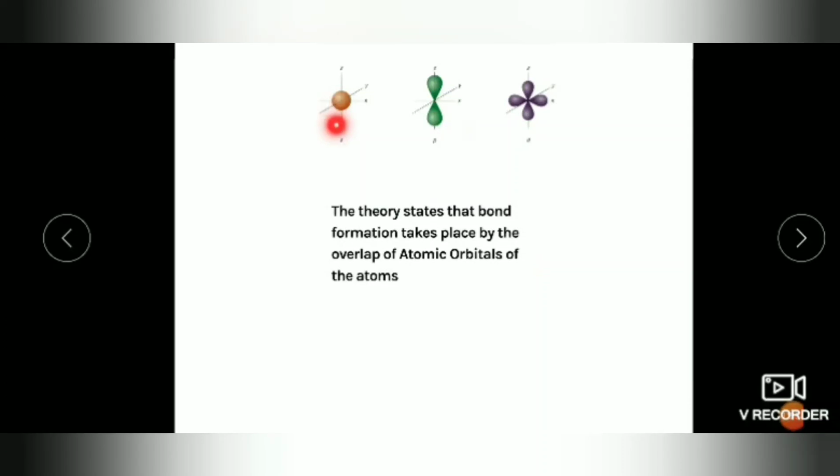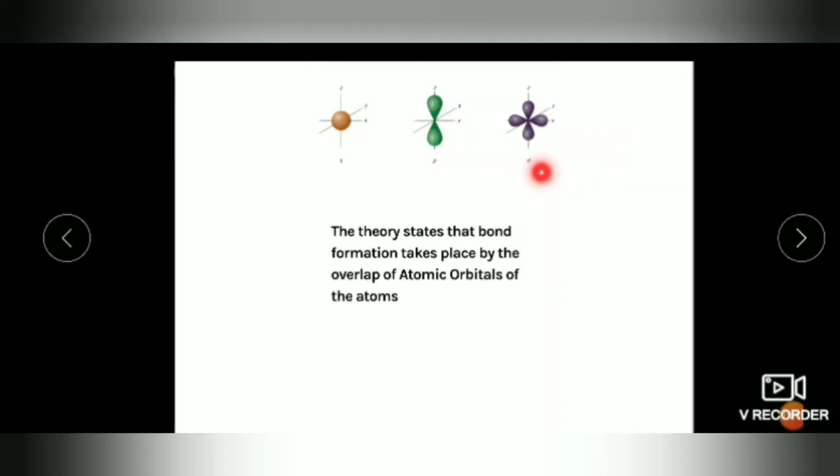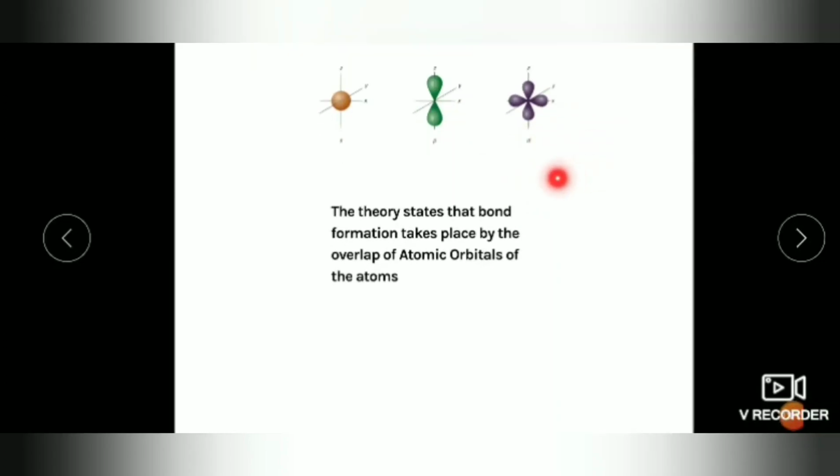So s orbital is spherical in shape, p orbital is dumbbell in shape, and d orbital is double dumbbell in shape, having space xyz. So d orbitals are degenerate orbitals, having 5 orbitals and 10 electrons, completely filled with 10 electrons. Further we classify them as dxy, dyz and dzx. In the next class I will explain the d orbital.